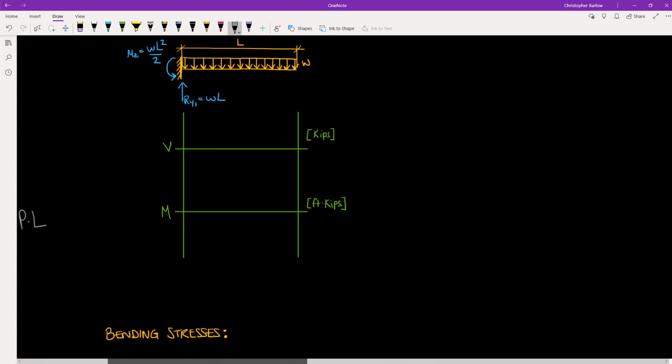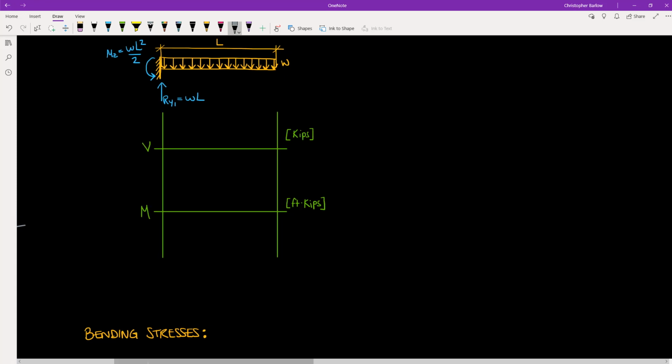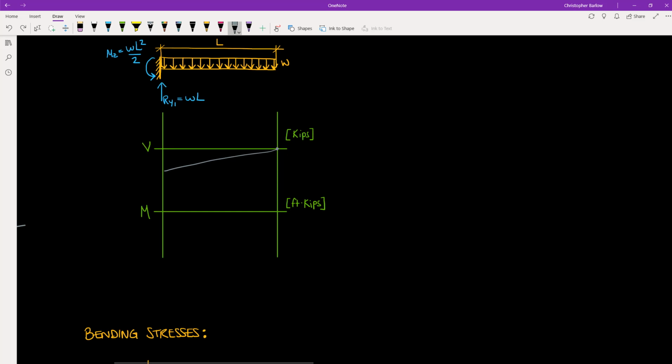Now with our final example, again we'll start on the right side here at 0, and the magnitude of our shear is increasing linearly until we reach the right side, where it jumps back up by our reaction of W times L. Then with our moment diagram, from the right side, we have this free end, and our moment and the magnitude of our moment is going to increase at an increasing rate until we reach the left side. And that maximum moment